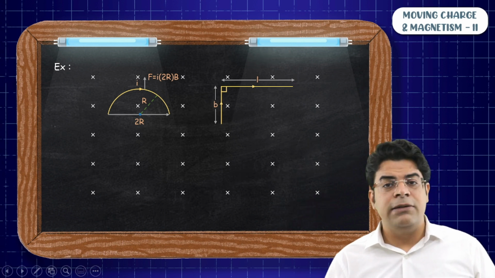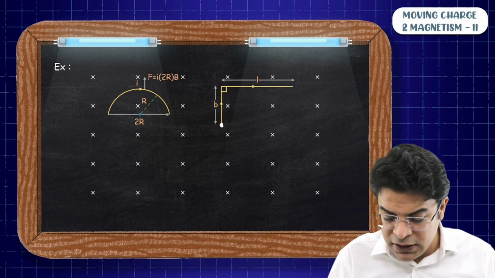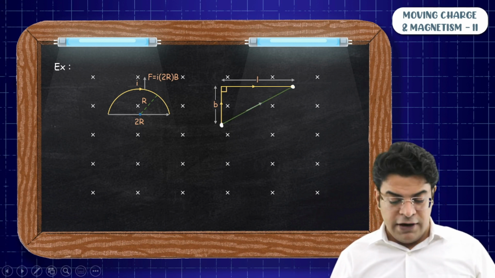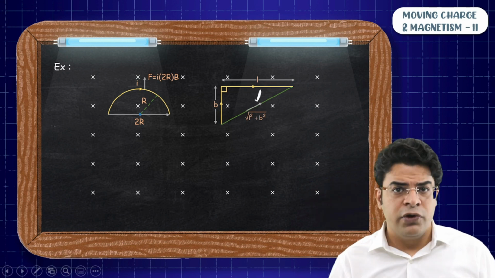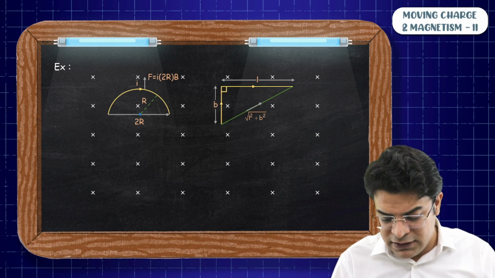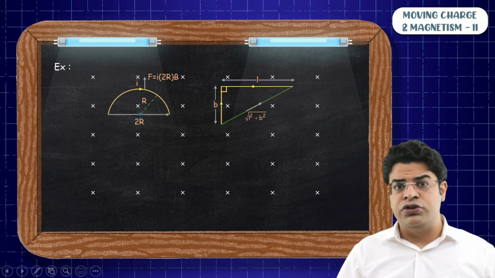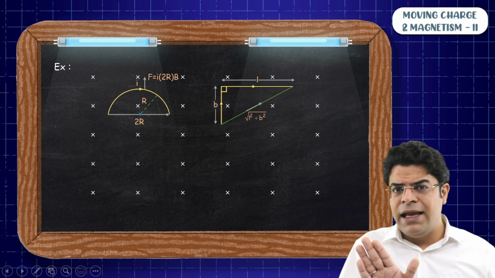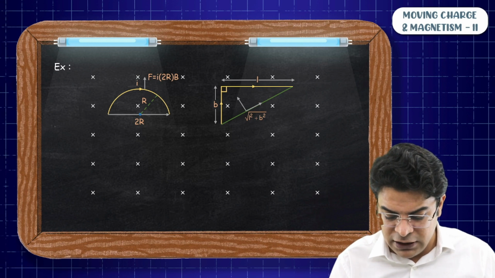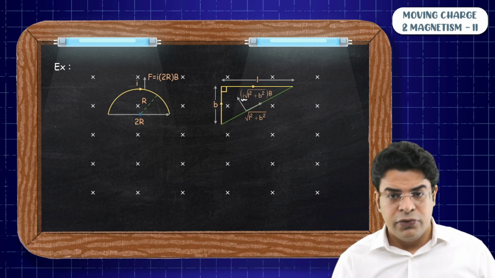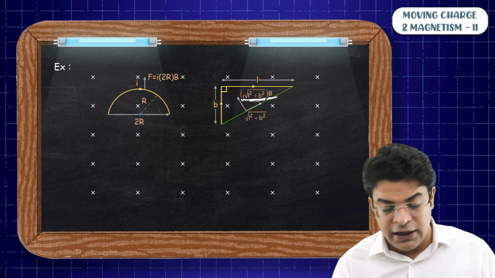Or better, you can simply use the effective length method. Just think of current going straight from the initial point to the final point. Now this is your effective length vector. And from Pythagoras theorem, you can say that this length will be nothing but the square root of L squared plus B squared. And the magnetic force acting on it will be I into L cross B somewhere here. And this magnetic force will be nothing but the current into the length effective, square root of L squared plus B squared, into the magnetic field strength.